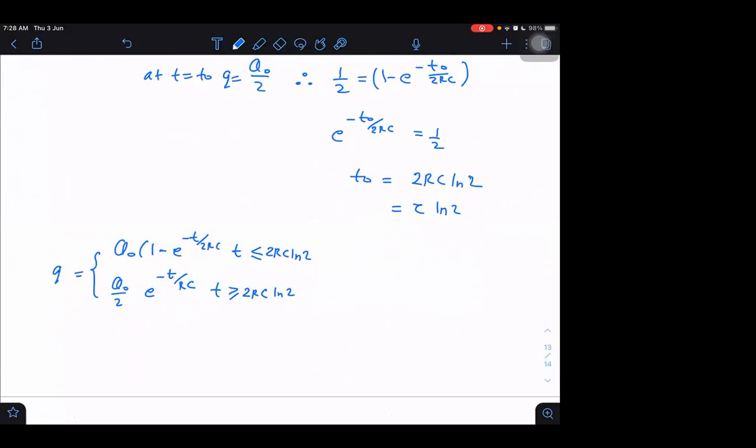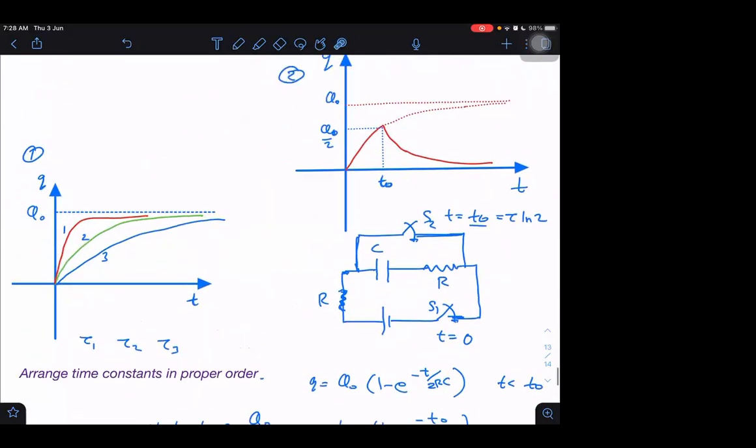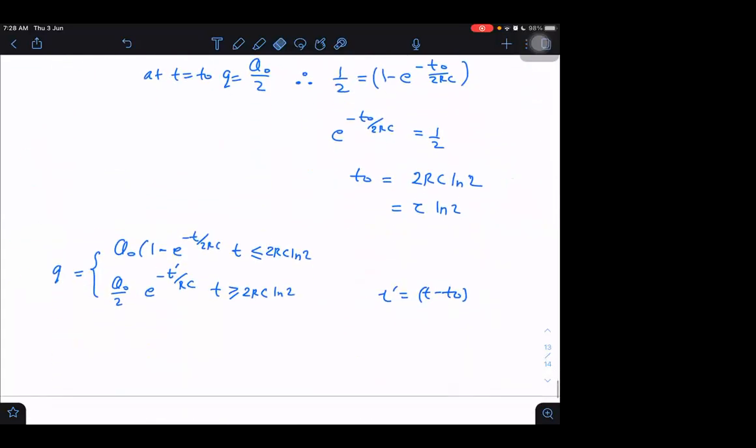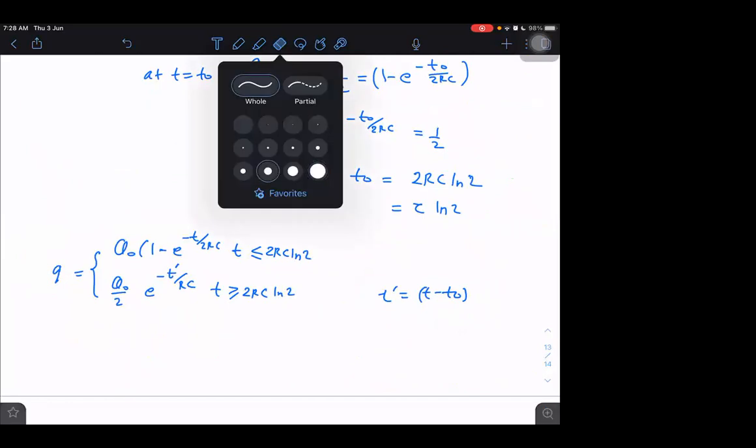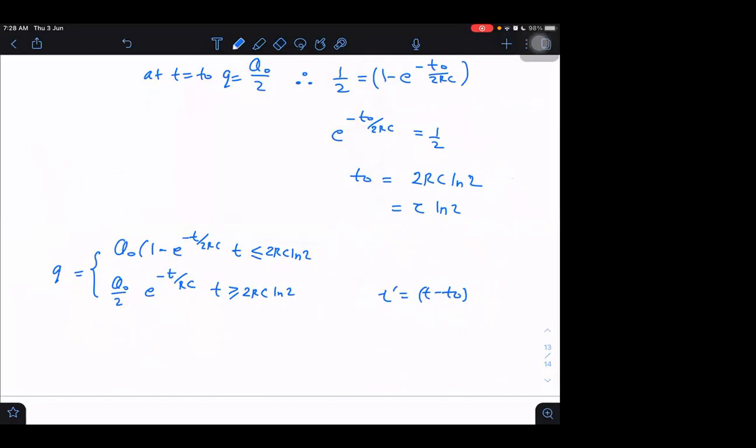If we shift towards right, then it will not be t. This will be t dash. T dash time is being taken from t naught. It is the time after t naught. After t naught, what extra time has elapsed? That is this time. And from here, the time is not t, it is t dash. So what is the relation of t dash with t? T dash plus t naught is equal to total time t. So t dash can be written as t minus t naught. So first, let me correct it here. This thing I should have written t minus t naught. Okay, I should have written it like this.